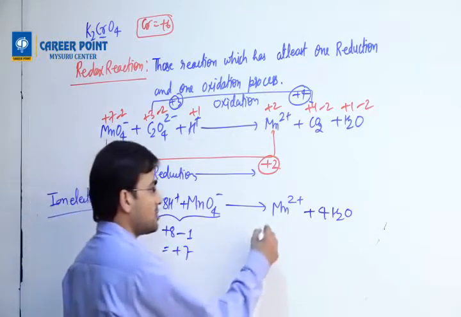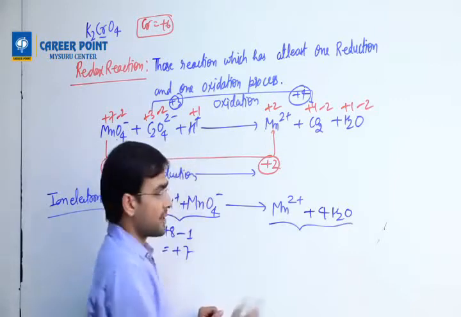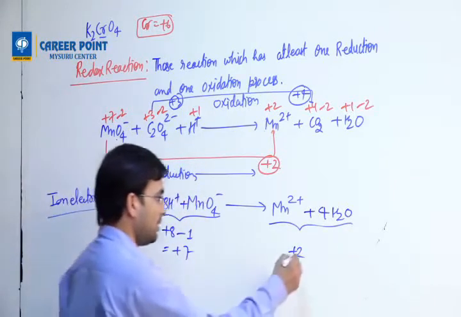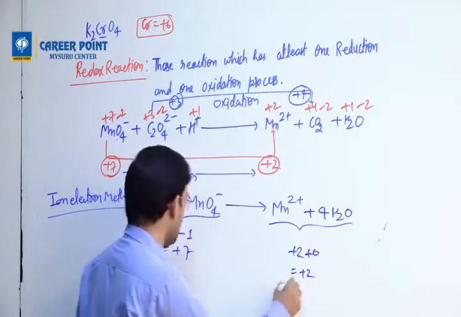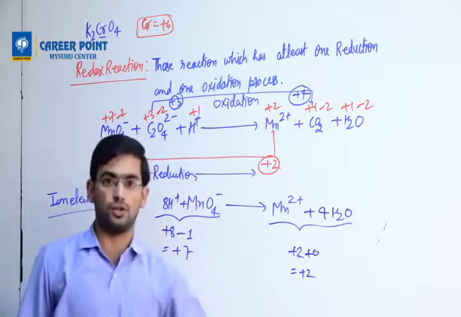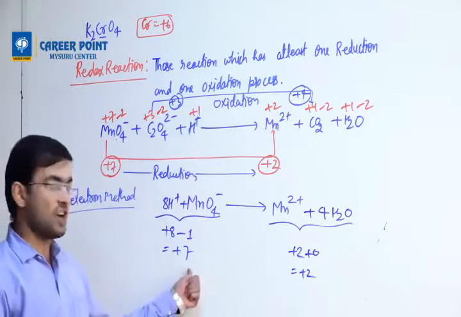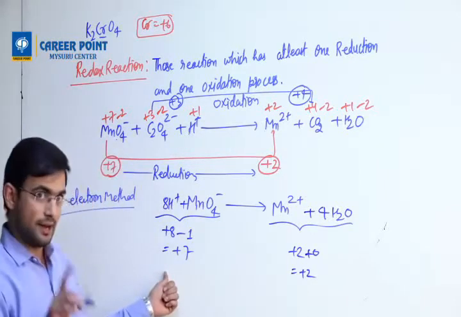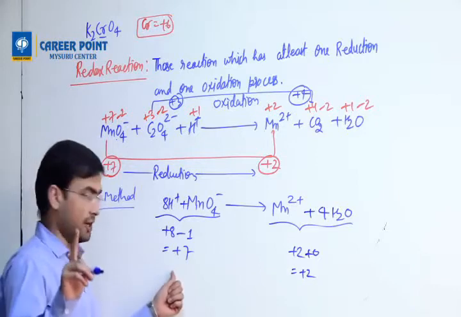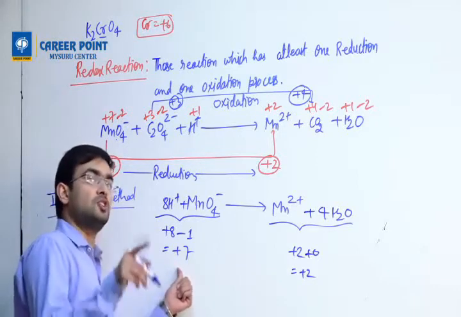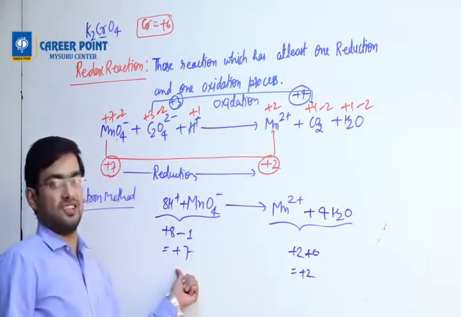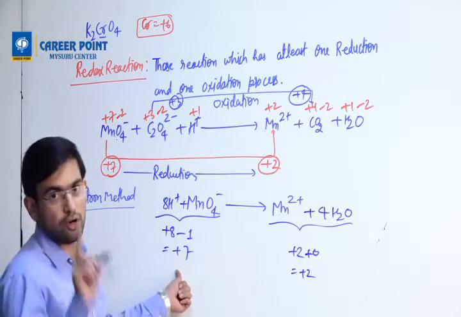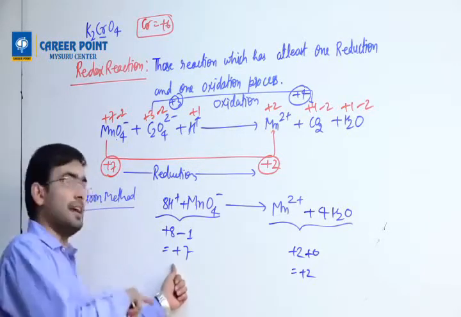But if you look at the charge here, that charge is plus 2, plus 0. So total value is plus 2 only. Here plus 7, there plus 2. Correct? Here charge is more. Now very crucial point. This is important. Whichever side charge is more, listen very carefully. Whichever side charge is more, that side